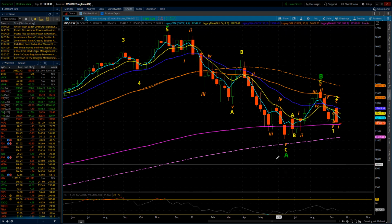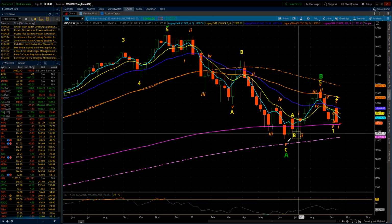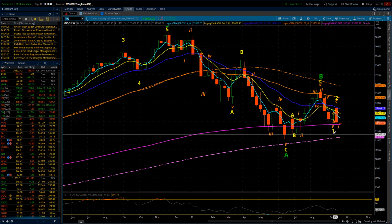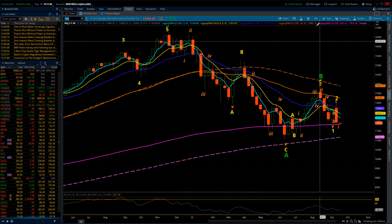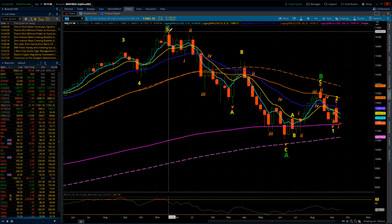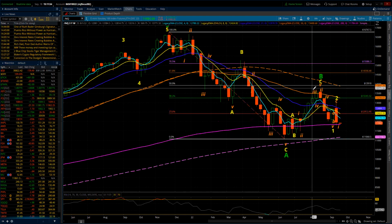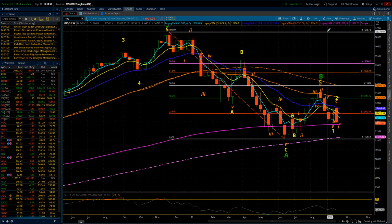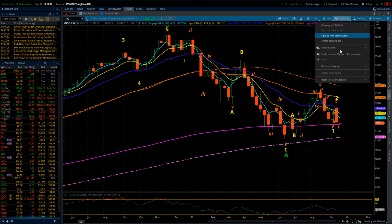So what I can now add to this, again, if this is a third wave down and where we now figure that this has to go, I want to put some additional parameters around a weekly picture. So that now we're going to start to break it down to where we are now coming in to tomorrow's session. And I didn't want that one. I wanted to put up... let me remove that, change this, put up